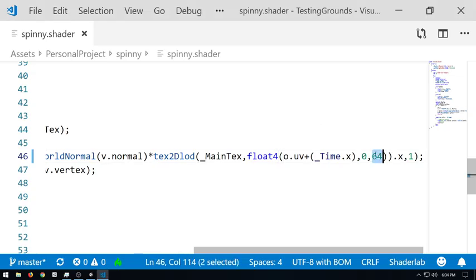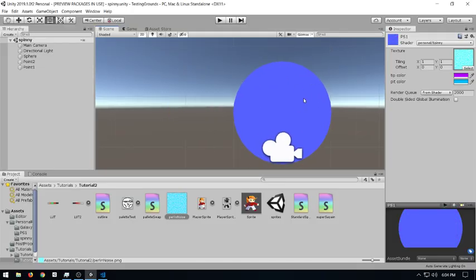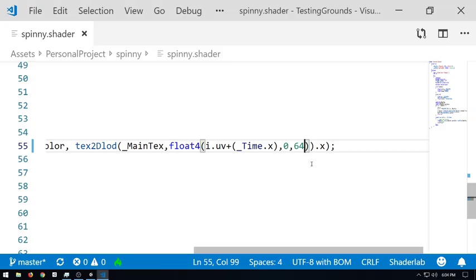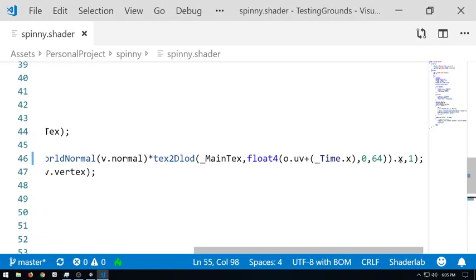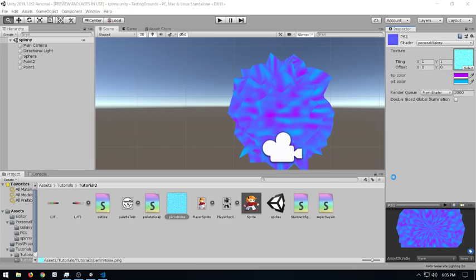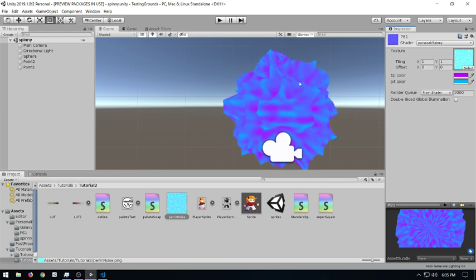If I do the same thing down here, you'll notice it's just a square, or not even a square, it's just a single color because the level of detail is so low. Maximum level of detail is 0. I think the minimum is 4. So like if I go to like 4, should be, yeah, notice that that's really not great. It's pretty juddery. But that's because it's choosing a lower level of detail for the texture lookup.